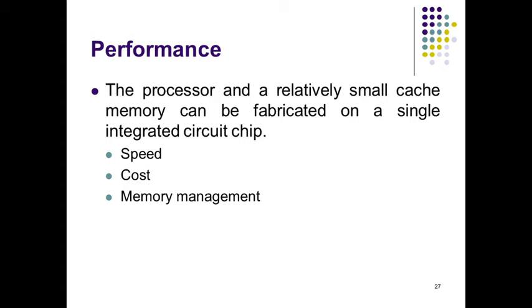For example, suppose a number of instructions are executed repeatedly over a short period of time, as it happens in a program loop. If these instructions are available in the cache memory, then they can be fetched quickly during the period of repeated use. The same applies to the data that are used repeatedly. The design, operation, and performance issues for the main memory and cache memory will be discussed in later chapters.